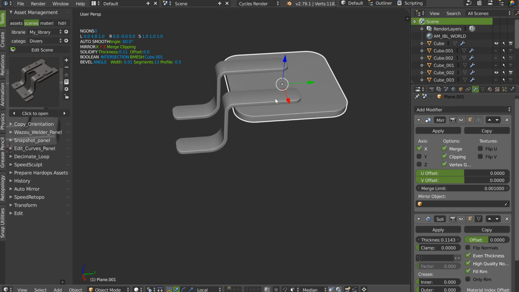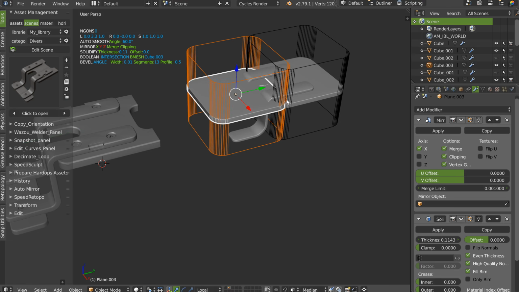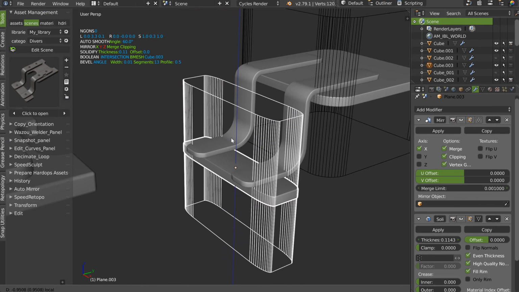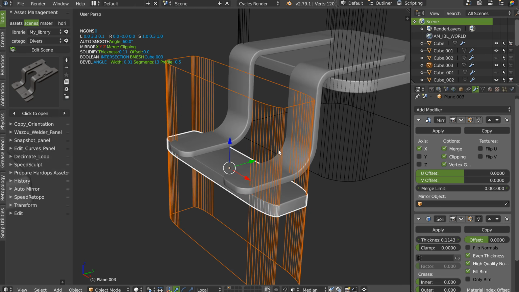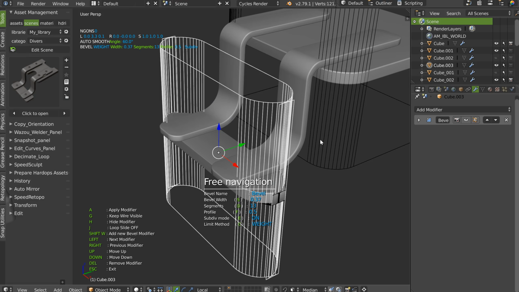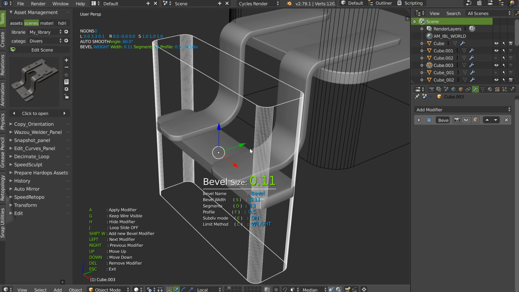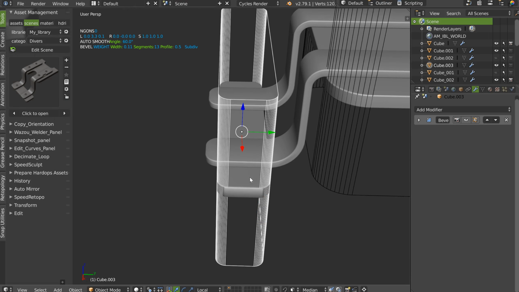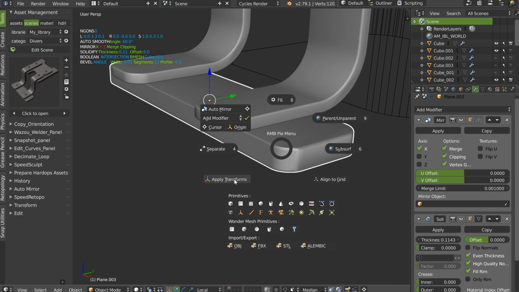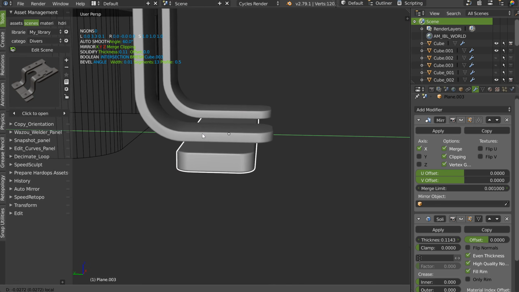Maybe we can duplicate this one. I will press Shift Q, Shift, and that's it. I can duplicate it and make a scale like this, up. I will select this one, make a bevel, Shift S to change the width, like this, up, and I can hide it. I will apply the transform with Shift, and that's it. I have directly my object.